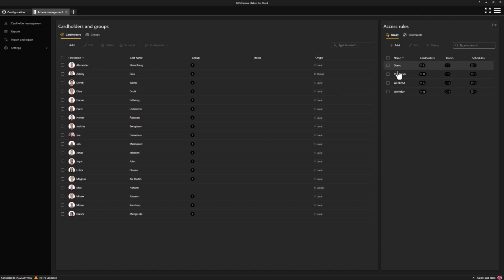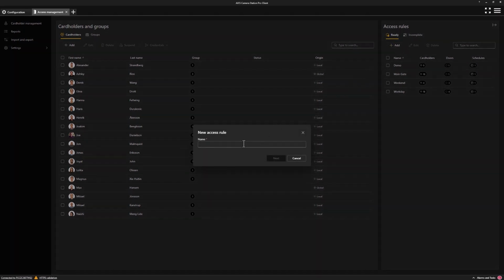We can also see the current access rules we have created with a breakdown of the number of card holders, number of doors, and number of schedules in each rule. Clicking add lets us create a new access rule. Here I'll give the name guest rule